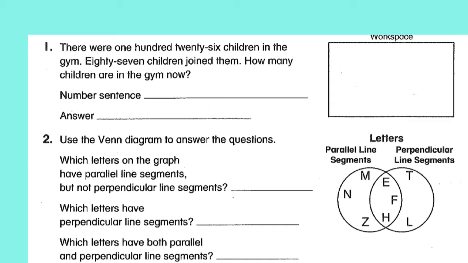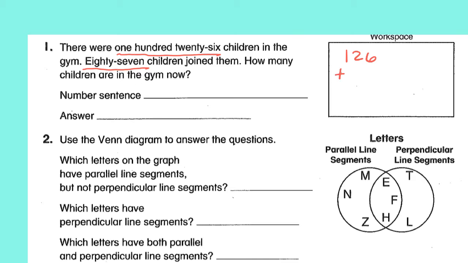So let's underline the important information. There were 126 children in the gym. 87 children joined them. So let's go over here to our workspace and add